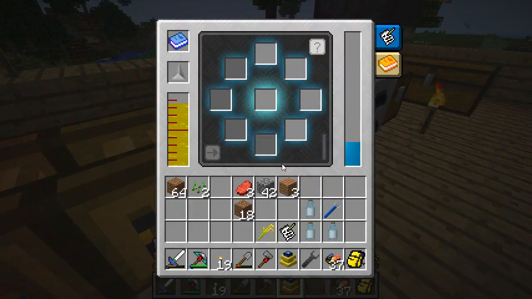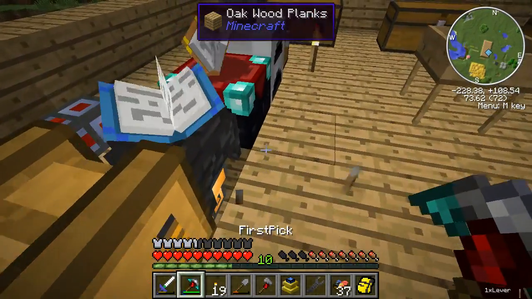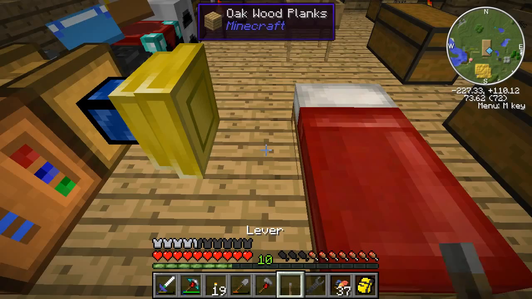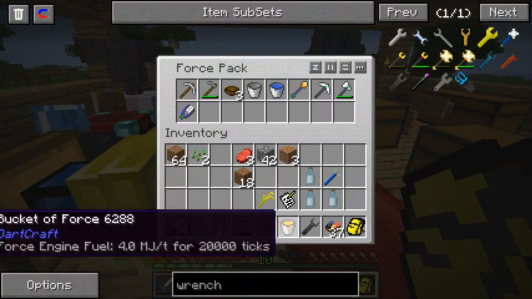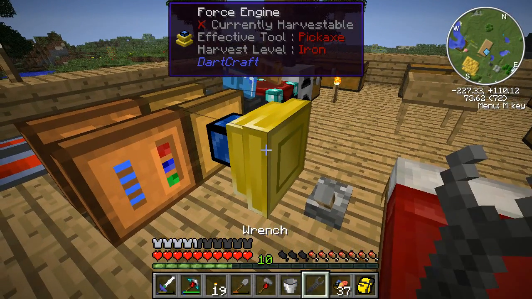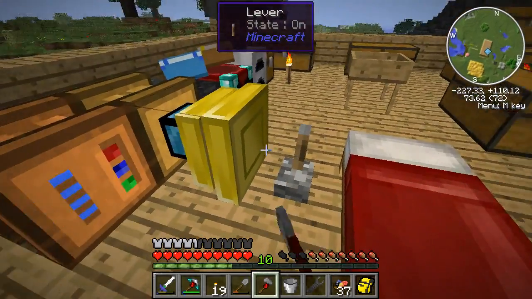Don't know what to use. Let's, for now, let's just break that lever for now. Put the lever here. Now the way this works is you put your liquid force in, and it now has liquid force, and now we come over here and we turn it on, and you can